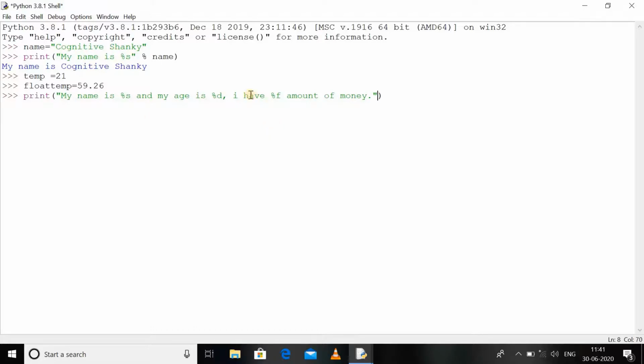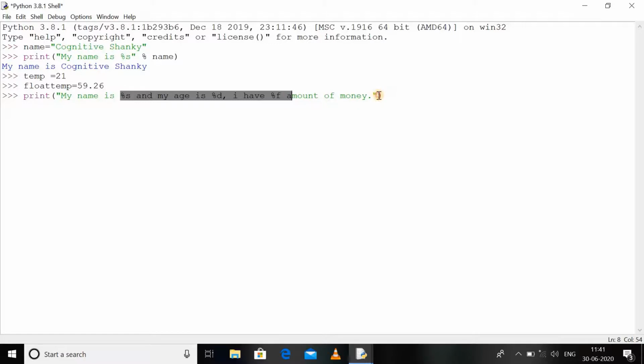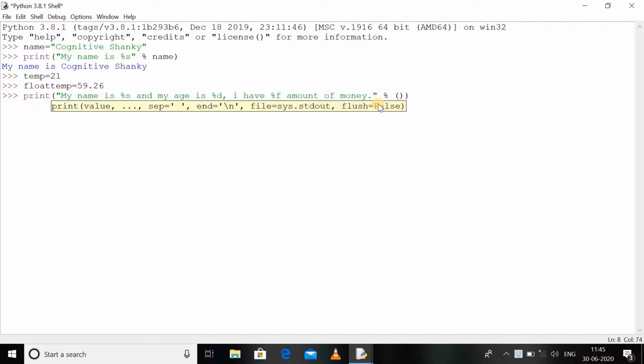And after that, as I have to print these three variables, we cannot pass three different alternative variables. So if we have multiple variables and we would like to use the C type string formatting, we have to pass the values as a tuple to it. So let's say this name comma temp comma float temp.